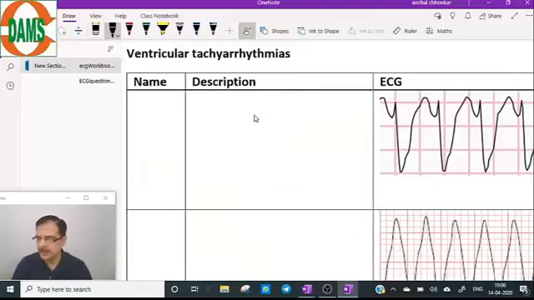Good evening. So let's start with today's class, the last class of the ECG, and the last remaining topic, which is ventricle arrhythmias, or we can say ventricle origin tachyarrhythmias. So starting with the first one.